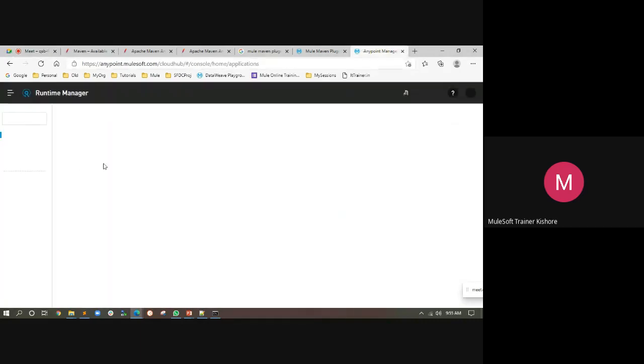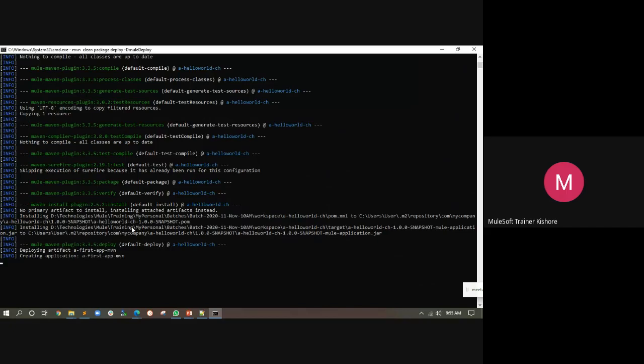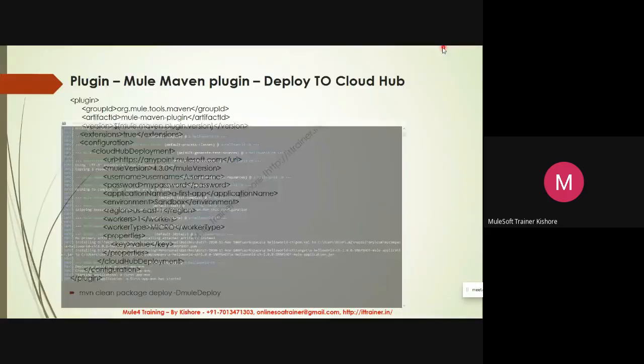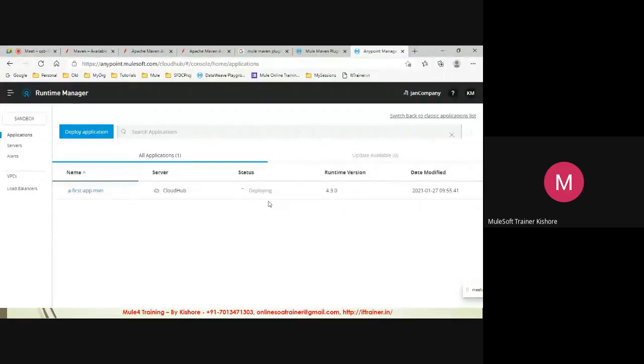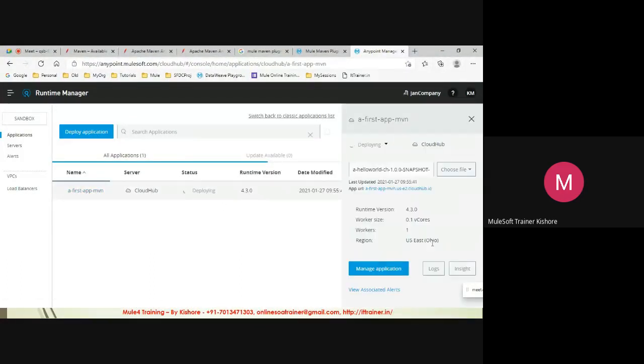And now I'm going to deploy my application into the Cloud Hub. So no application exists. If my configurations are correct, this should create an application called a-first-have-mvn, and then it should deploy my application. By this time, it should have completed its upload, and now see, this guy is deploying.